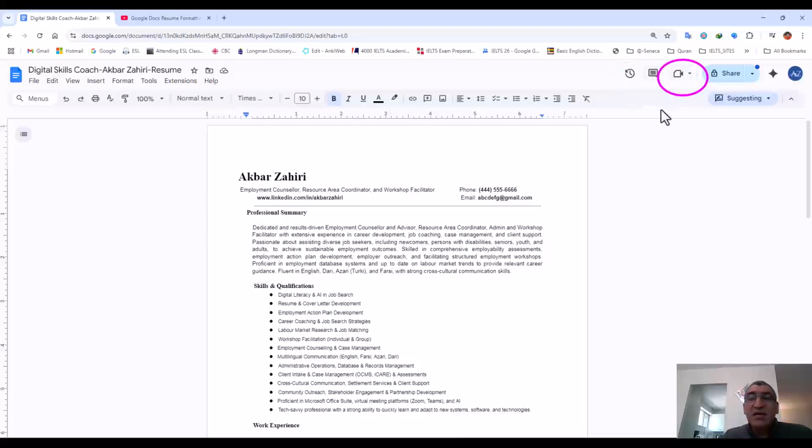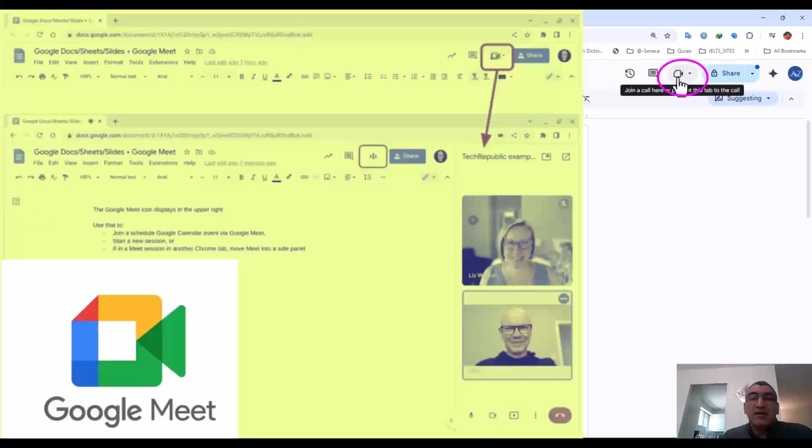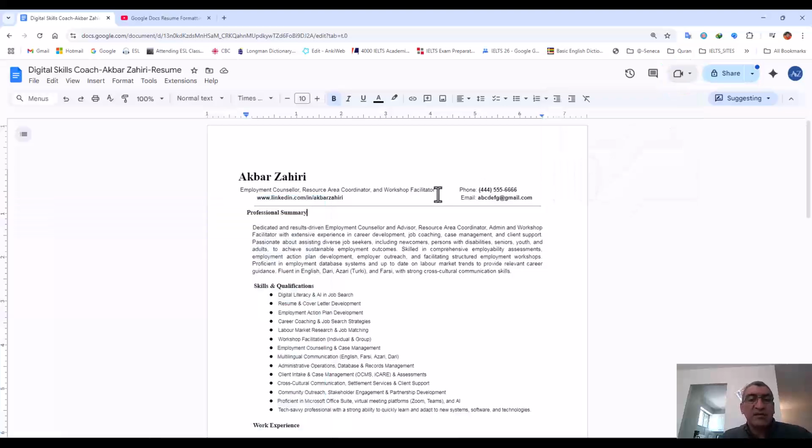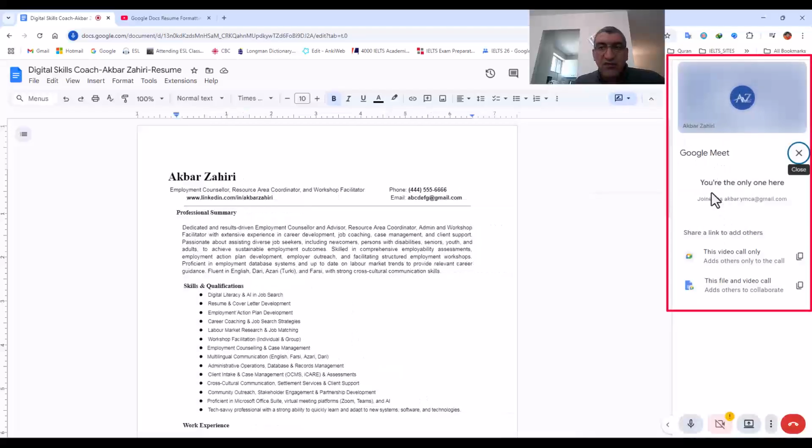This is like WhatsApp and other social media. You can connect to Google Meet, and easily here you can click, for example, on the arrow and start a new meeting or use a meeting code that you have. It is for contact on video with your friends or somebody to show the document. Okay, what is your opinion in this regard? So very quickly you can come here, start a new meeting, and talk with your friend, share it.